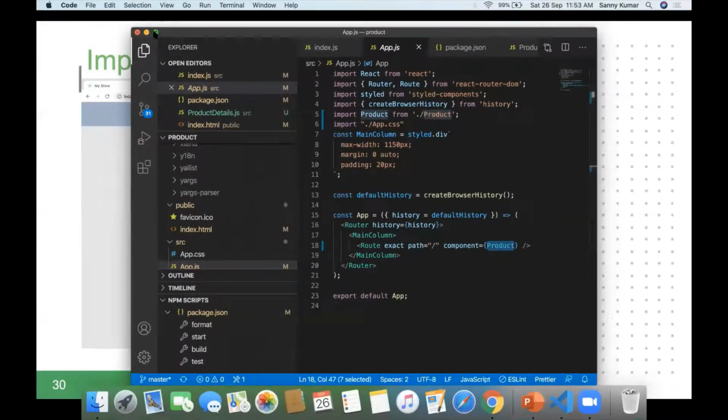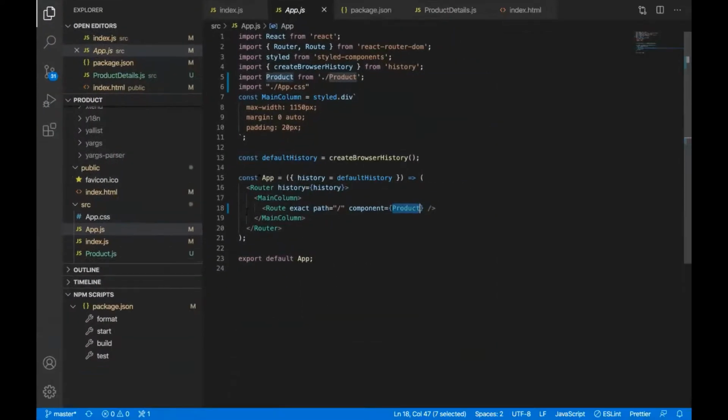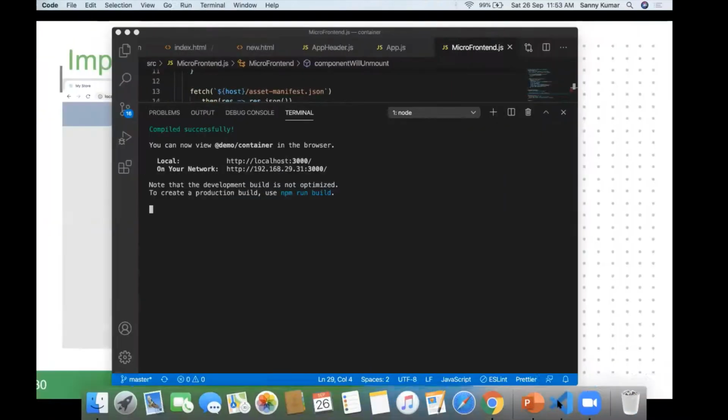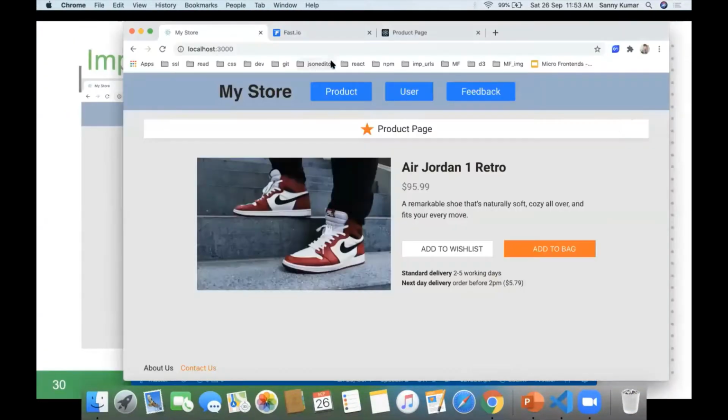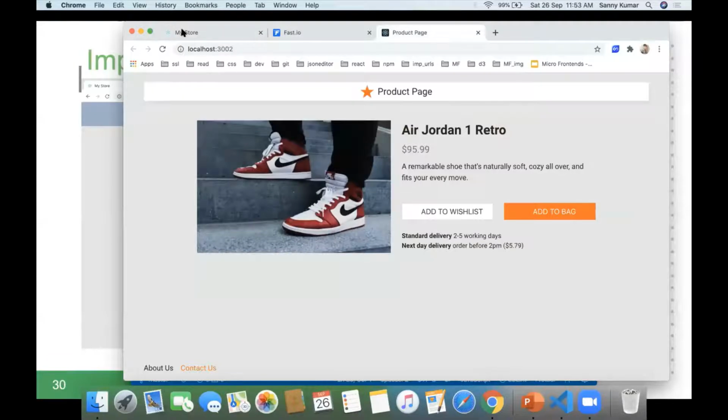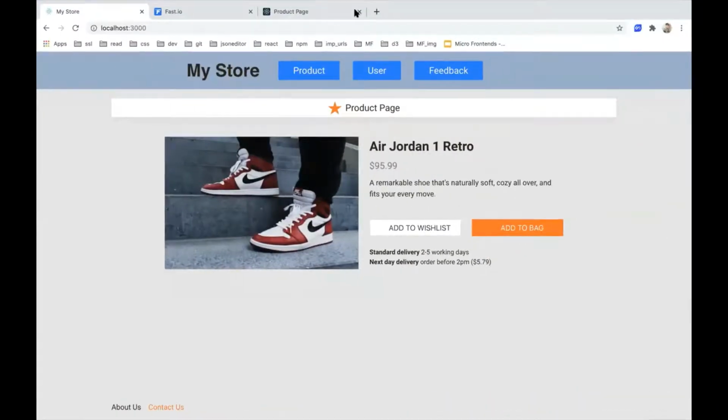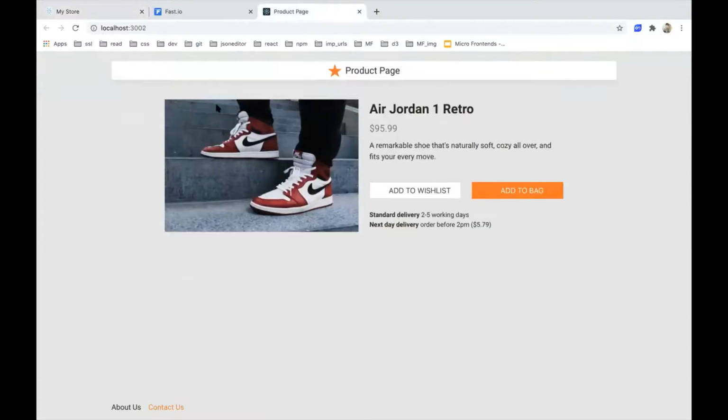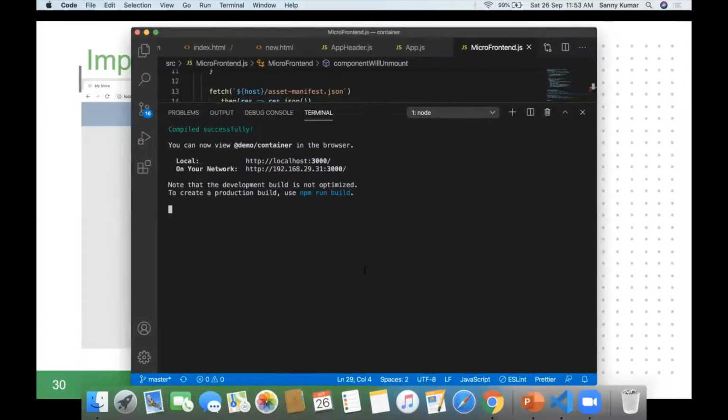This is my code for the micro frontend, that is for the product part, as you see in the browser. Okay, just a second please. This is the micro frontend for the product page.